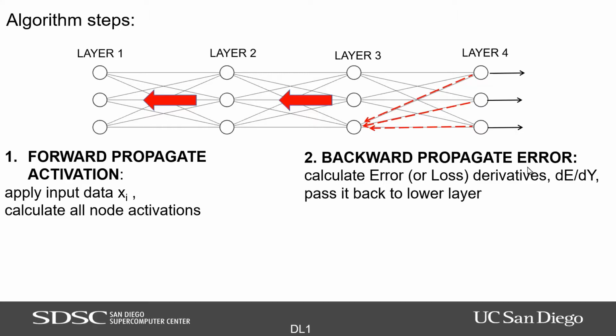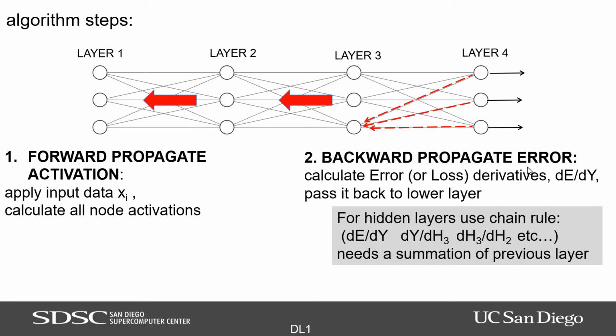But once you have an error function, then you can combine that with other kinds of parameters to create a loss function. So we usually say a loss function is the thing we're using for backward propagation of derivatives, of information. The loss function is really mostly an error function with some other extra stuff. Sometimes it is just an error function. So generally we talk about loss functions. And when we have some output and we have some targets, values that we're trying to train the network to predict or to output, we take the derivatives and we can pass them back to the previous layers using a chain rule.